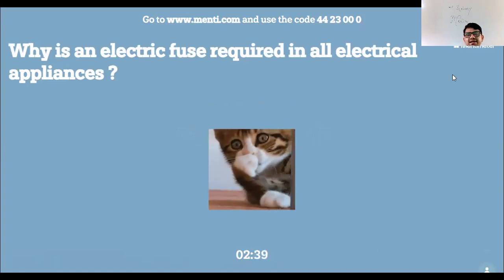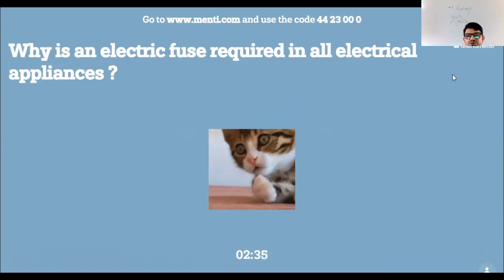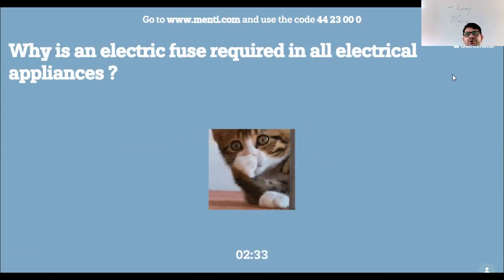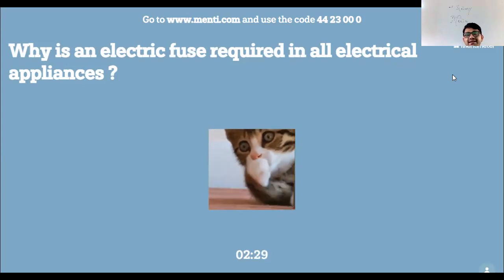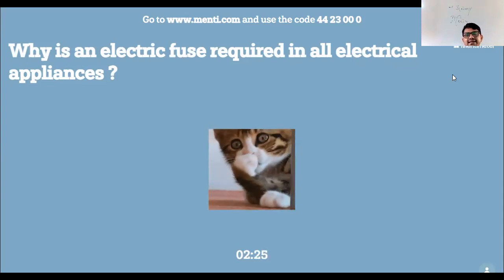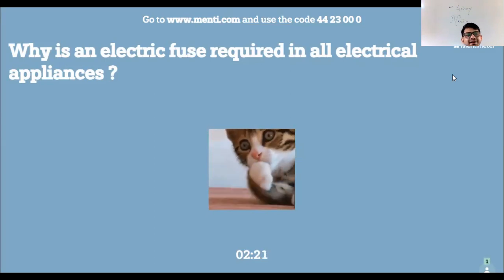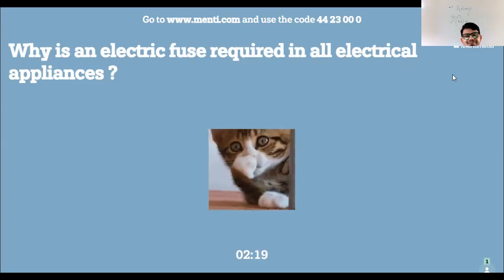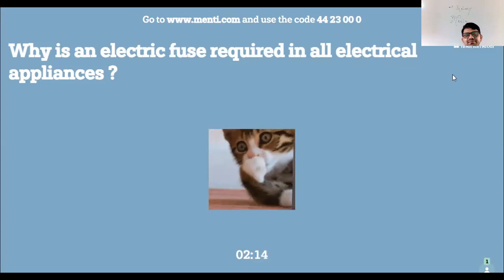What question has been asked, only that answer you will give. Okay, we will tell only what is asked; we will not state any theorem. Like in the last question we said chemical effect, that is a theorem, that is a principle. What is the exact answer? The exact answer is CFL do not produce more heat as compared to electric bulbs. Okay, electric bulbs produce more heat as compared to CFL bulbs.